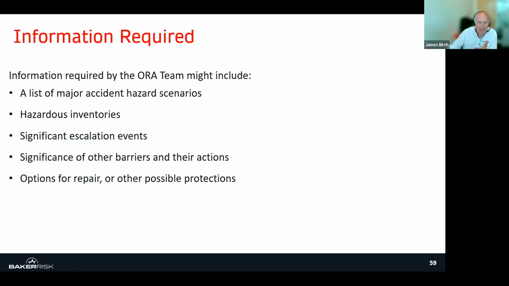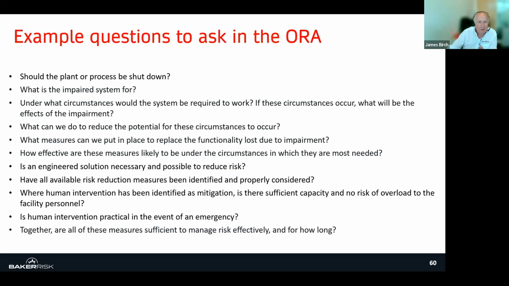And then, and this is only an example on the next slide, of some of the questions that are going to have to be asked. I'm not going to go through them all now. They're on the slides, they'll be available to you at the end of the webinar. But there are a lot of questions to ask, a lot of decisions to make and say, can we increase the operator rounds checks? Can we find some alternative way of doing this? Or do we have to stop? And it's important that, ultimately, this is not about keeping the plant running. This is about making the safe decision.